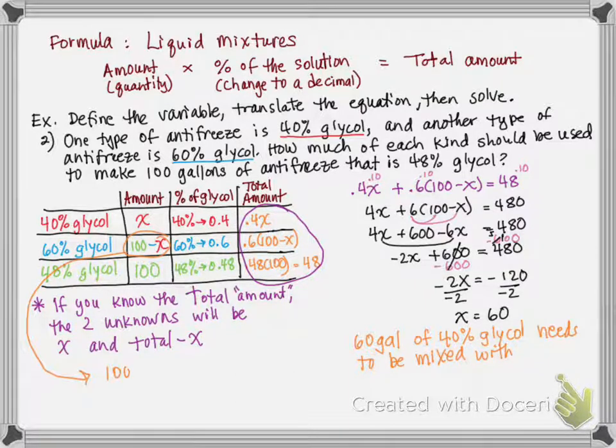So we have 100 minus 60 equals 40. So 60 gallons of 40% glycol needs to be mixed with